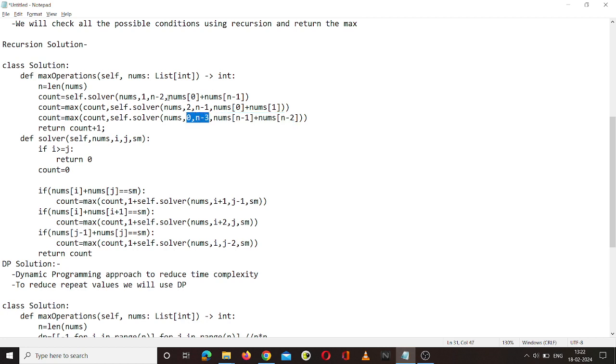Similarly here, the first and last I've chosen, I will exclude them and find from the rest and store it here. I will do it 3 times, so that whichever one of these provides the maximum, it will be stored in the count, and at last we will return count plus 1, because this will be one step lower, since for the first operation we are not counting. Okay,